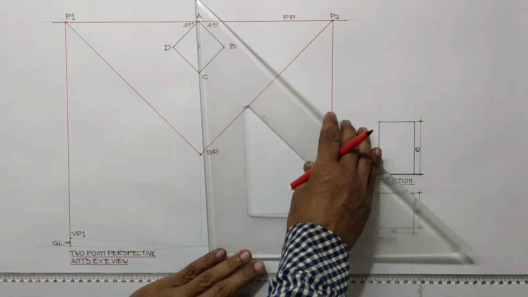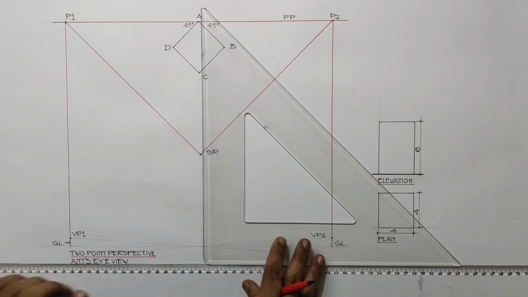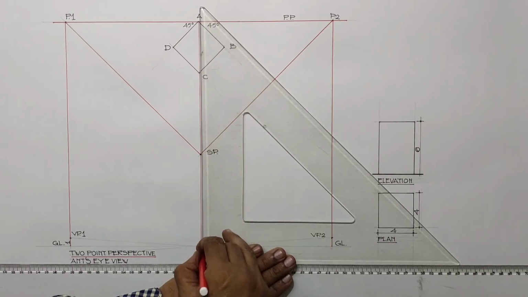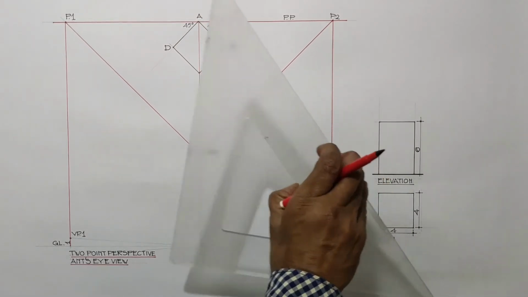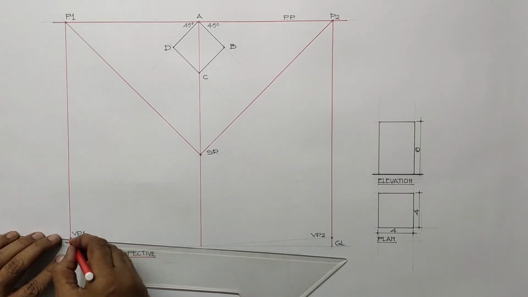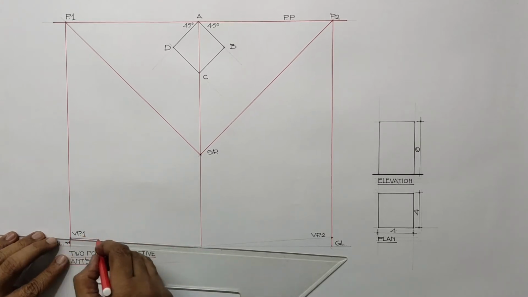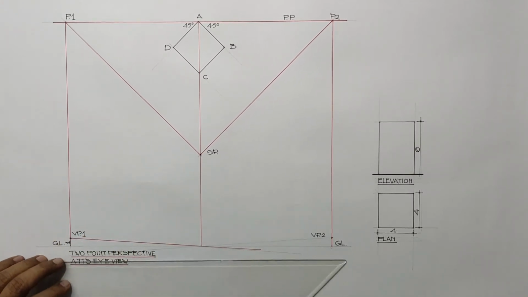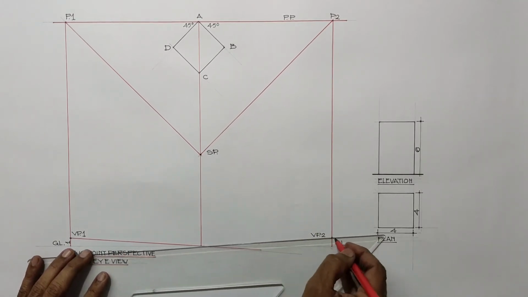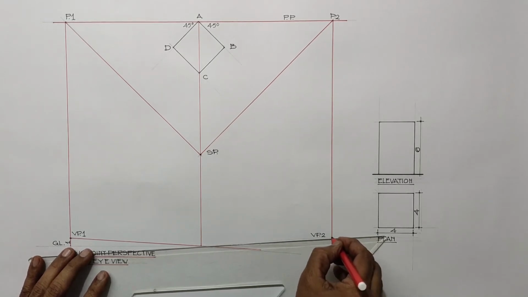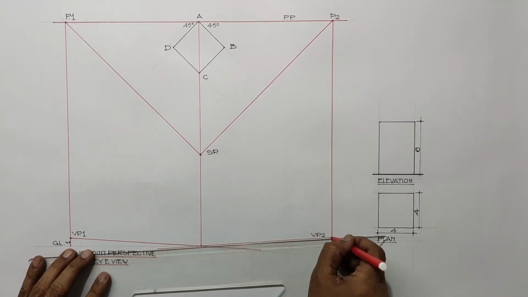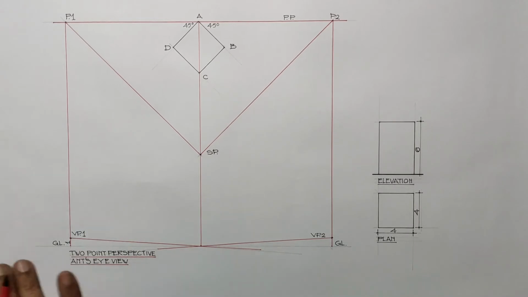Once that is done, we should drop a straight line from A to GL or ground line. Now we should plot points D and B. For that we need to project a line from vanishing point 1 passing through A. That becomes our A dash. Same thing, repeat from the right hand side or vanishing point 2. We need to draw a line passing through the A dash to touch vanishing point 2. So we got two lines from vanishing points 1 and 2.